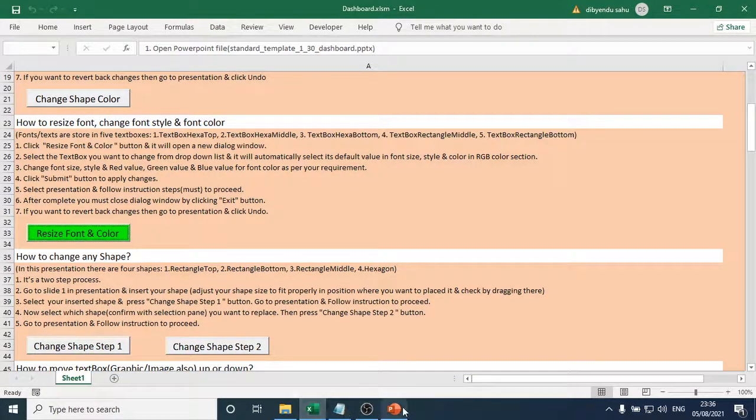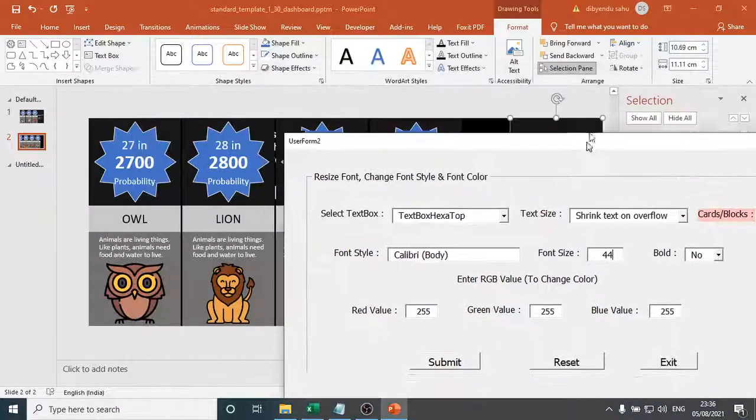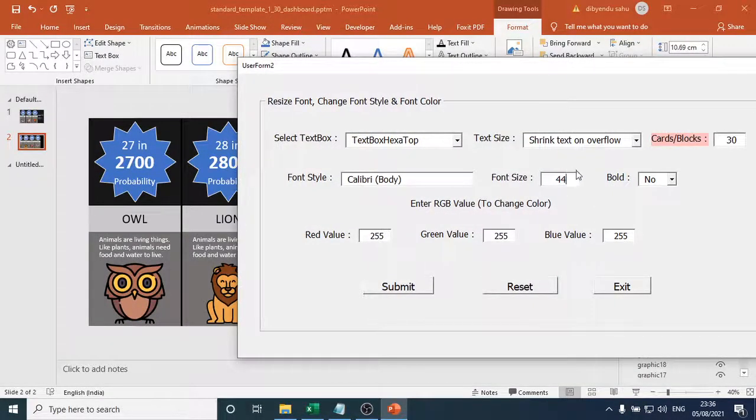Okay, resize font color. Now you see this is the font size, it is the maximum font size. If you want to make the font size bigger than this default, you simply select don't auto fit. Now I will show you.